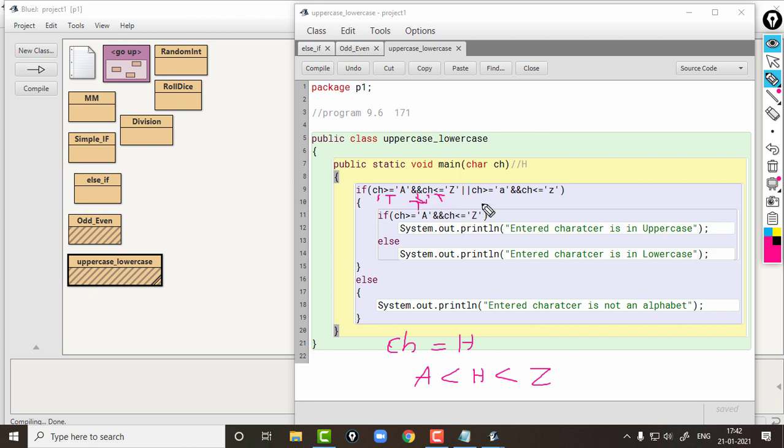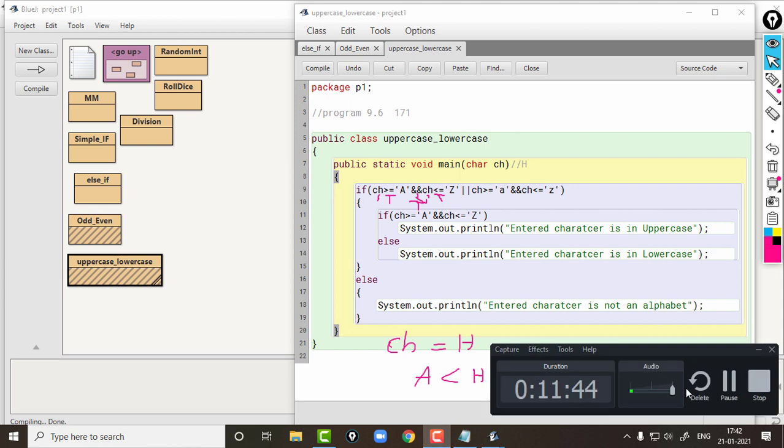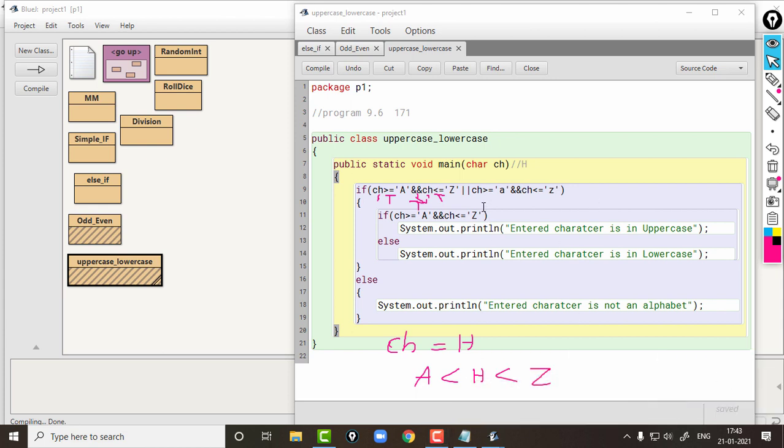Okay, then coming to the next condition. In this condition, ch greater than or equal to small letter a will give a false result. Then ch less than or equal to z will also give a false result.